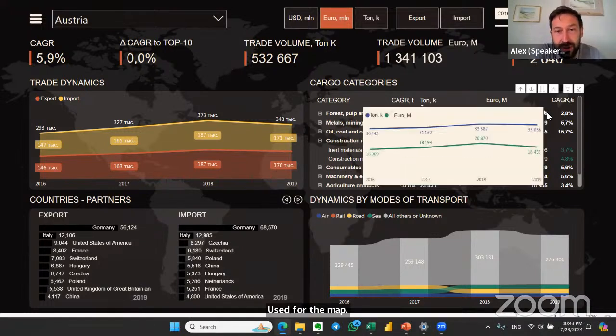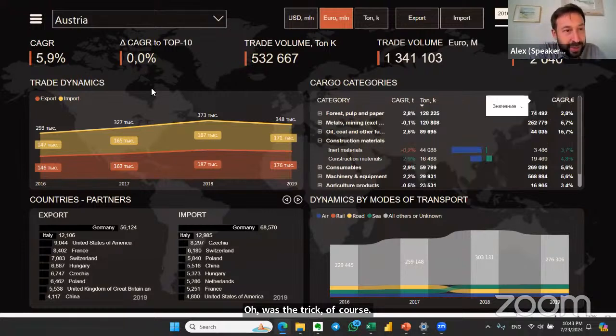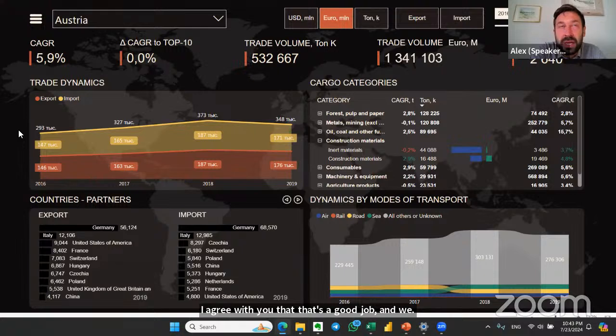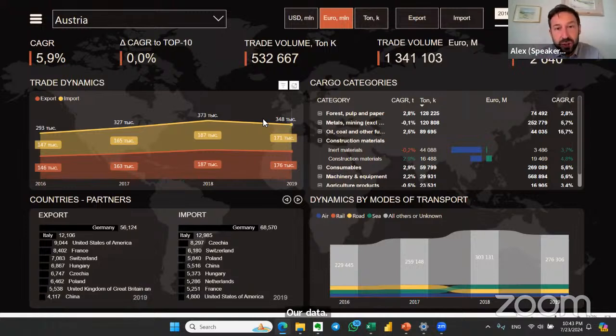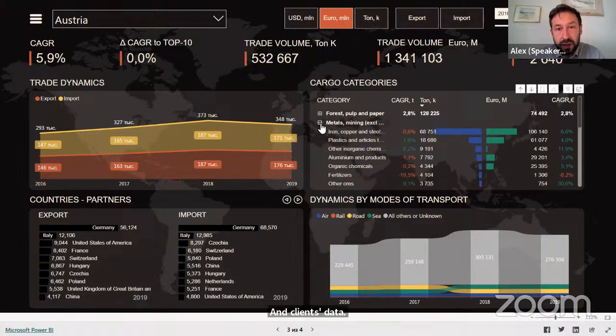So what's the trick? Of course, I agree with you that it's a good job, and we spent a lot of time and effort, and we worked hard with our clients. But what's the problem? The bottleneck was to match our data and the clients' data, for each category.